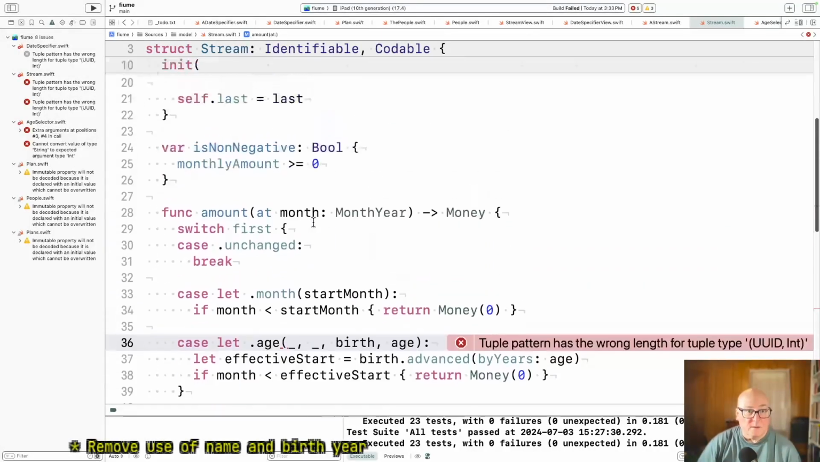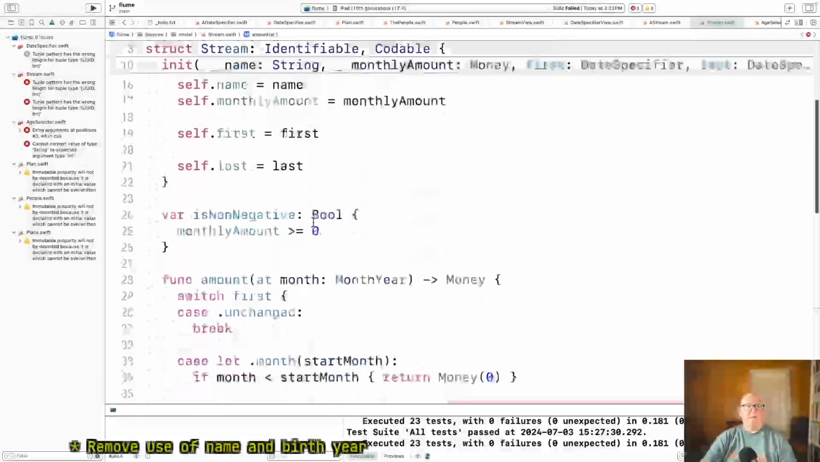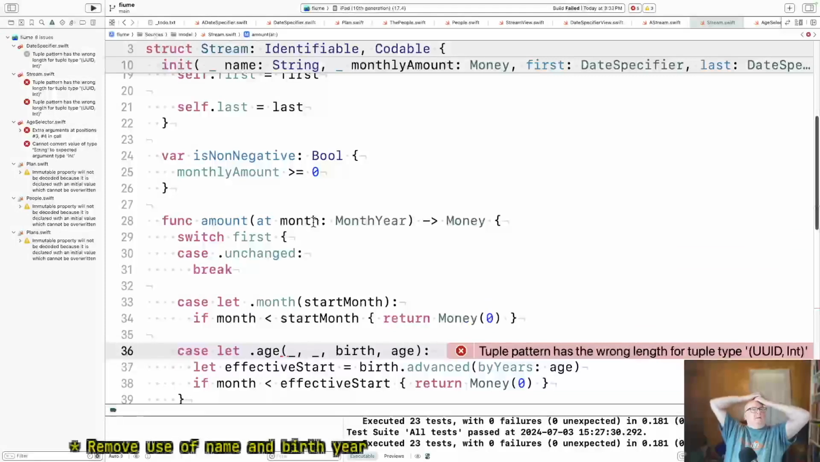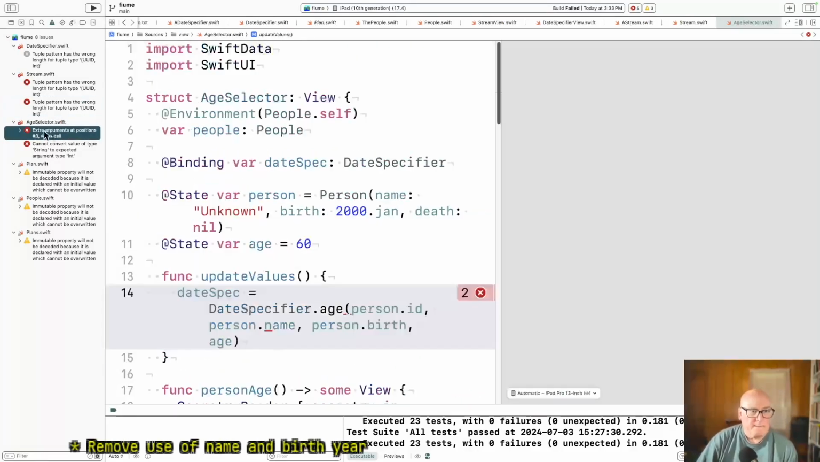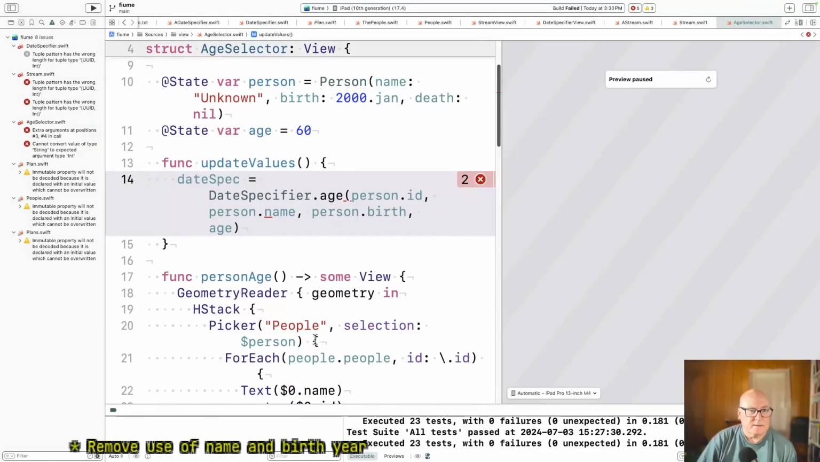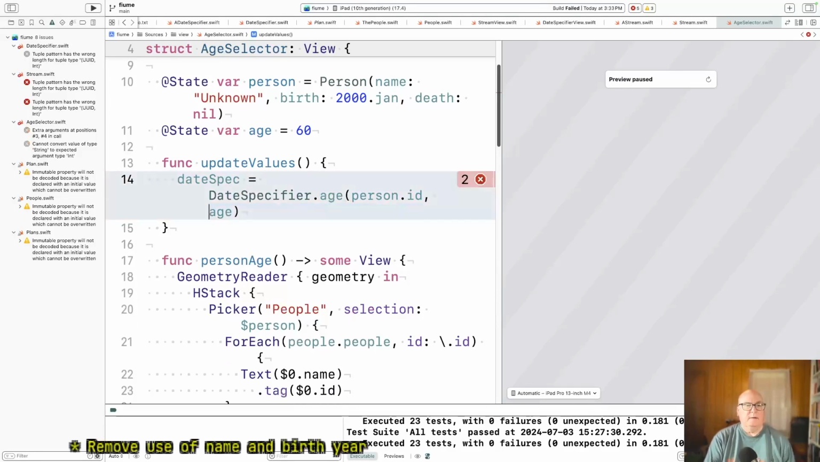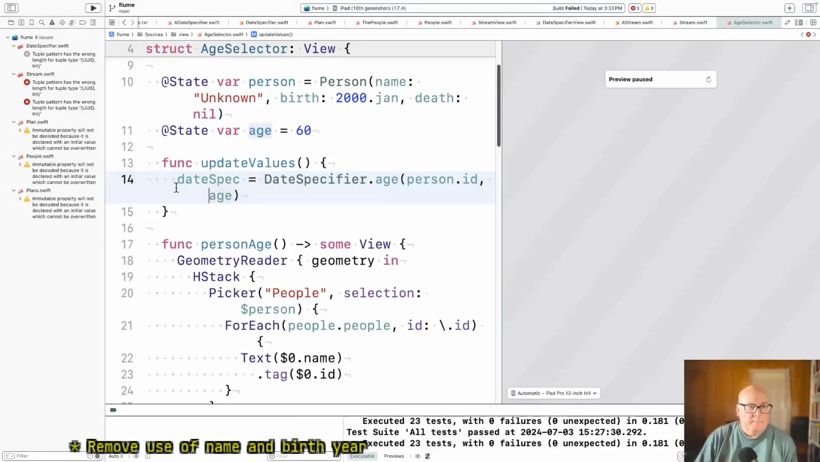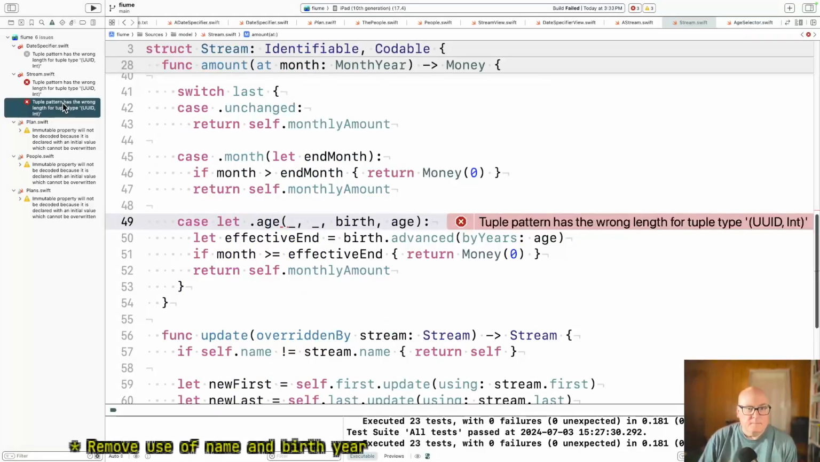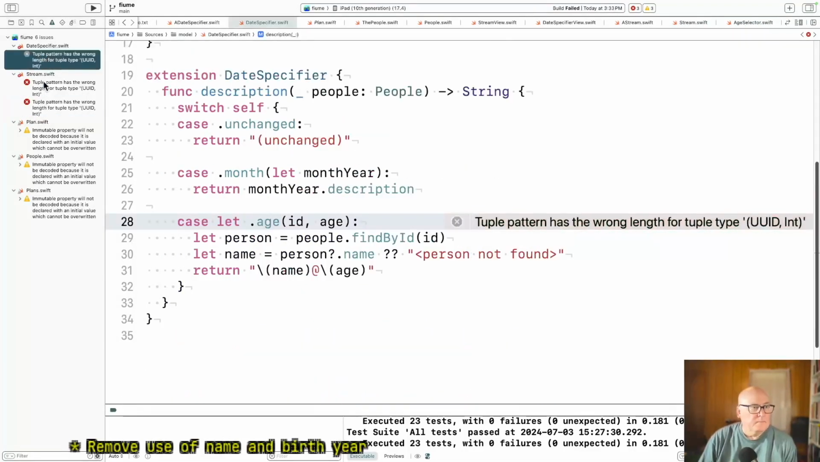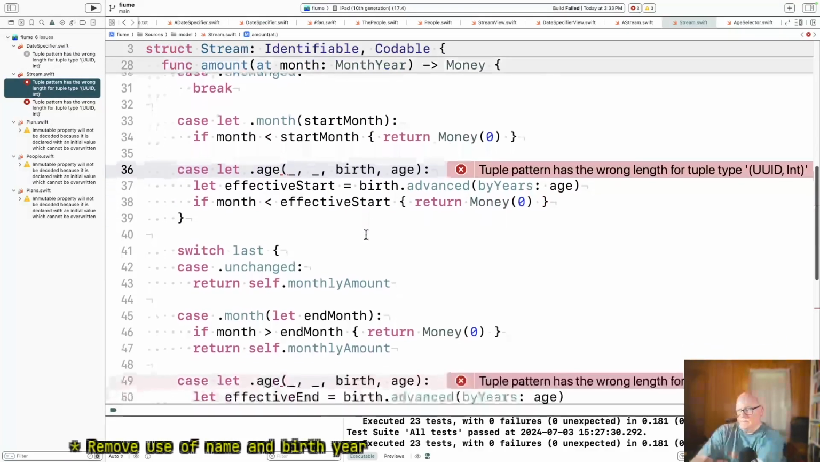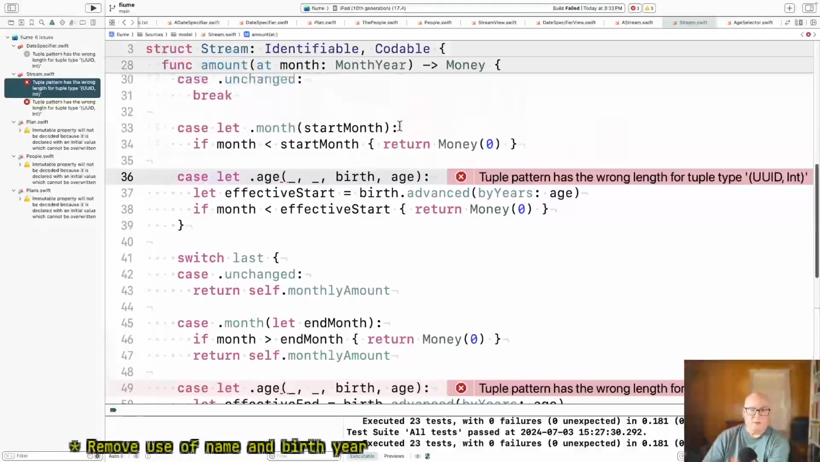Okay, so we don't have person. Well, let's see who else. Age selector. Yeah, that one can go away. Okay, so this one. Right. The problem is